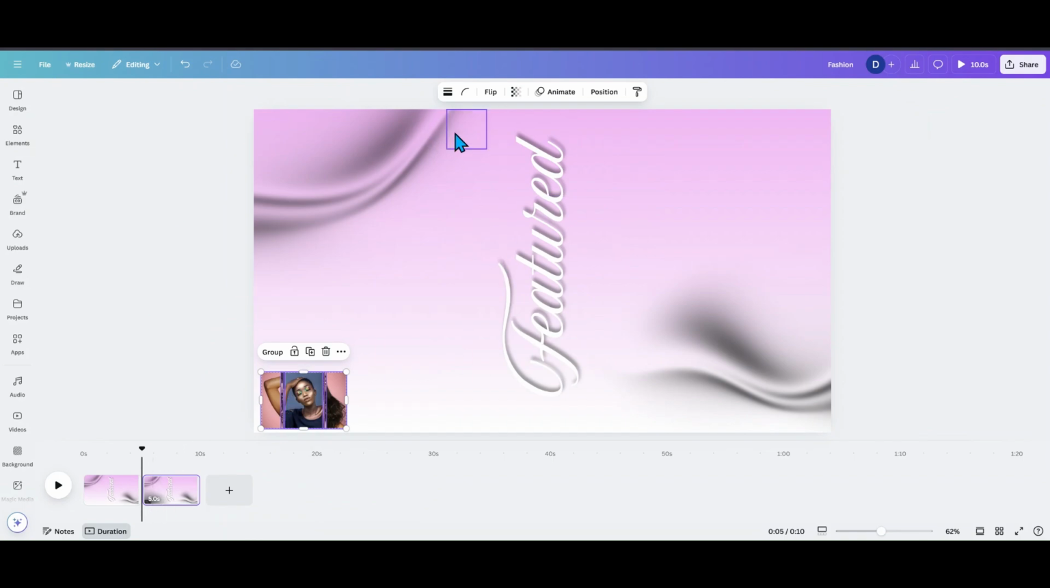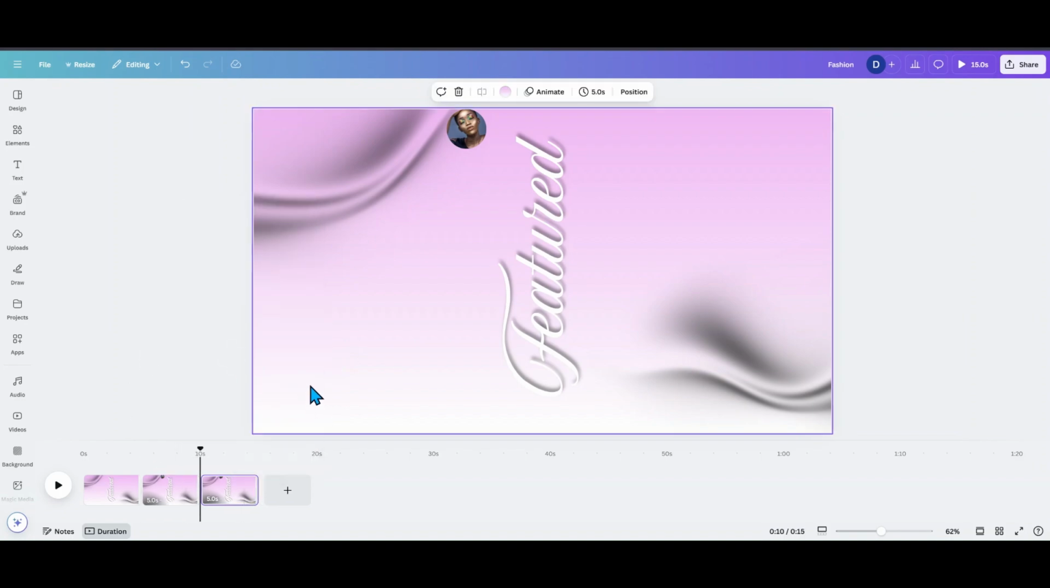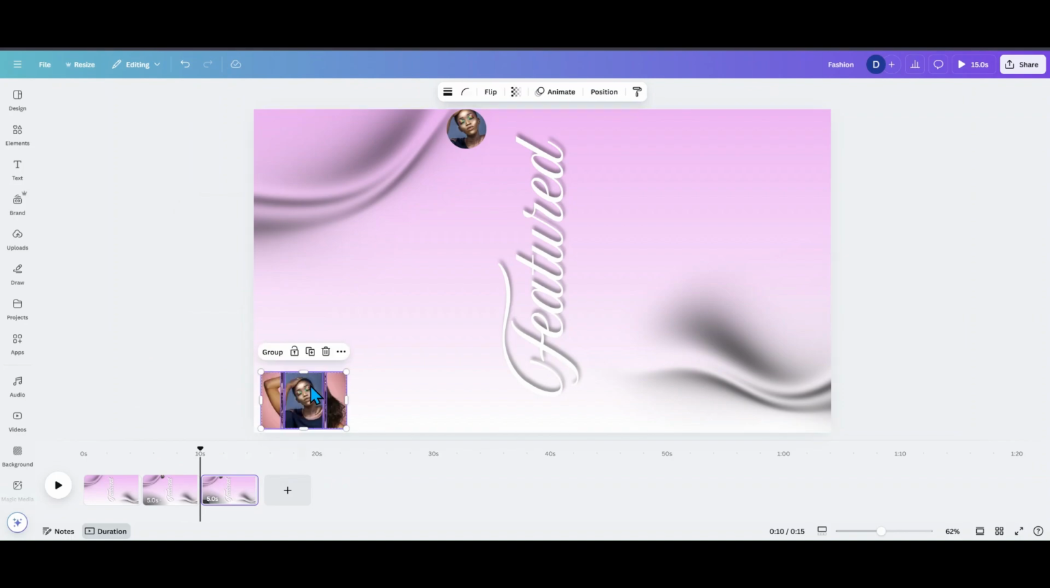So what I want to do is find my first frame. I am going to turn the transparency all the way up, and I'm going to drop my first picture in. And then I'm going to go ahead and delete these. I'm going to duplicate the page. I am going to Control V and put my pictures back in. What I'm going to do is find my second